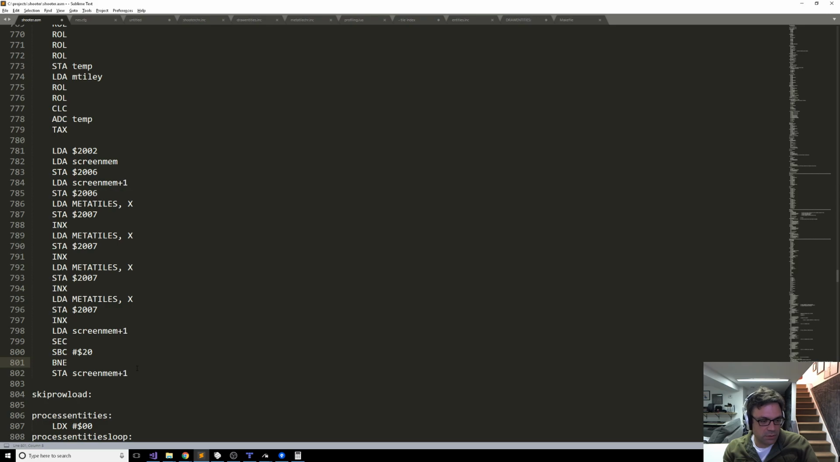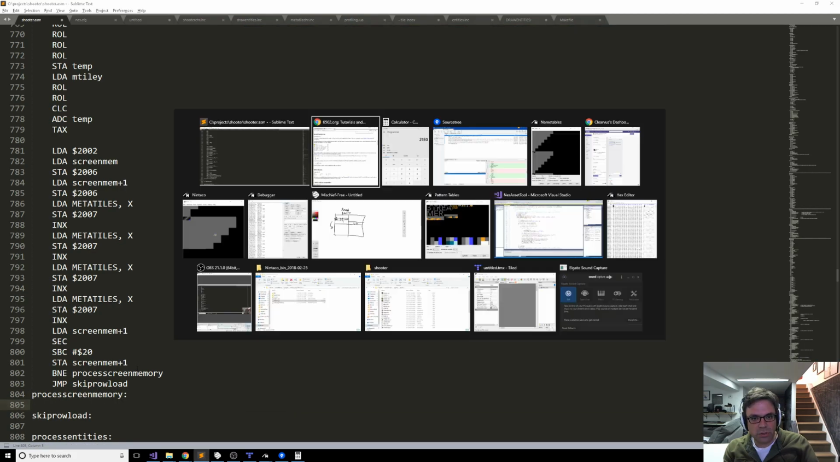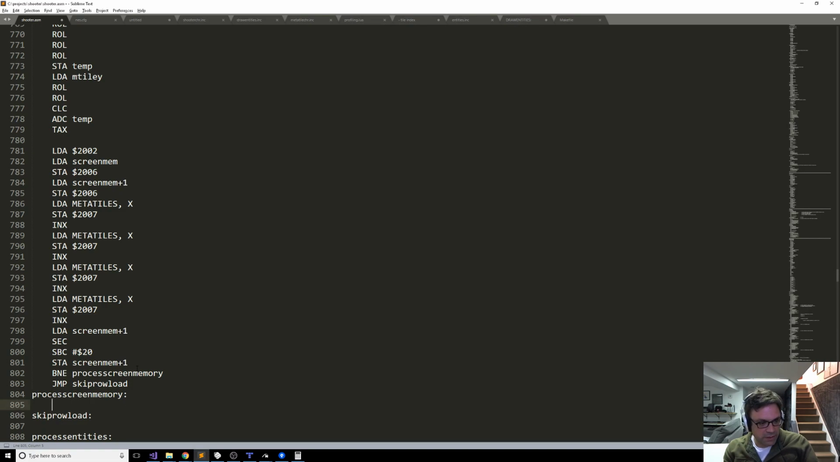Let's do the opposite condition. Branch on negative to handle process screen memory. Otherwise, jump to skip row load. So process screen memory, we're saying it should go to E0 basically. So load A, E0, store A, screen mem plus 1,